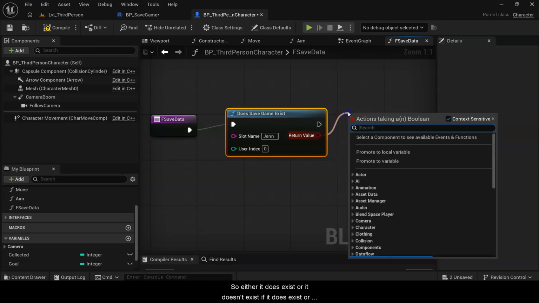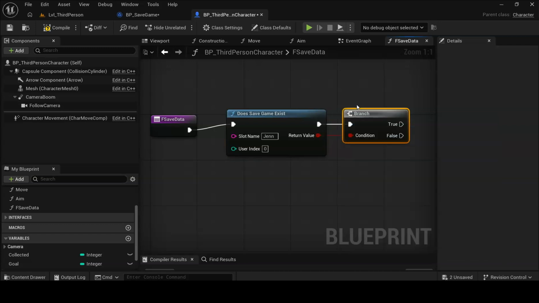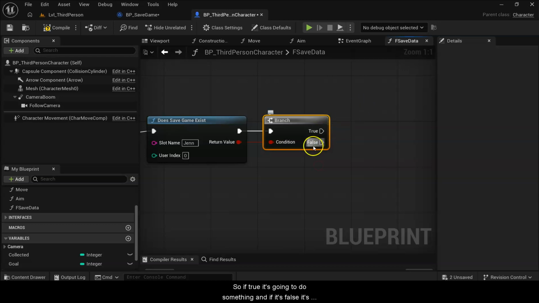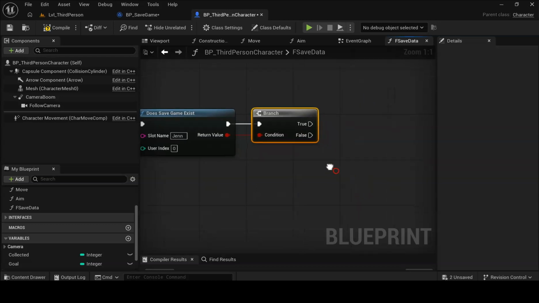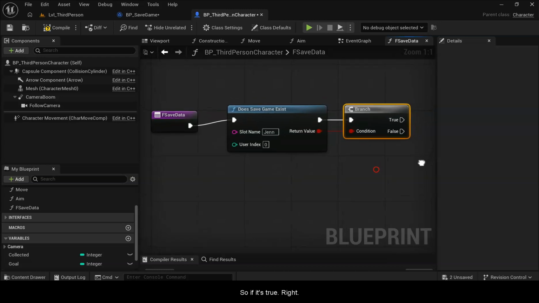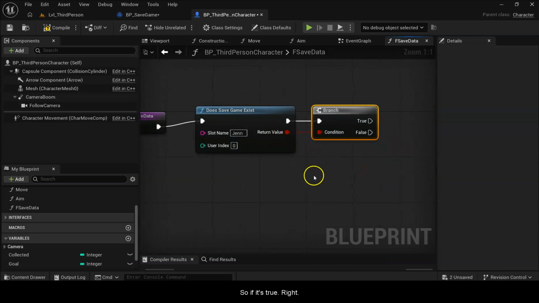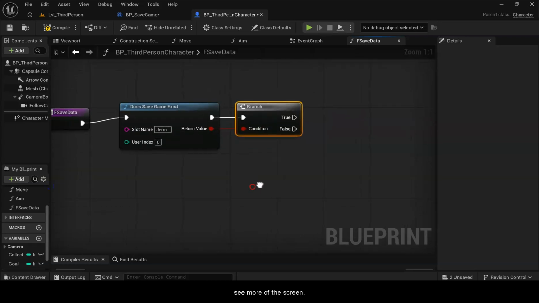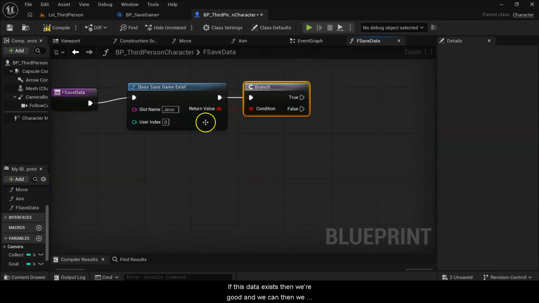Either way, we need something that's going to check that, which hopefully you remember is called a branch in here. It's usually an if-else statement. So if true, it's going to do something, and if it's false, it's going to do something. So if it's true, and we can minimize that a little bit just so we can see more of the screen. If this data exists, then we're good,